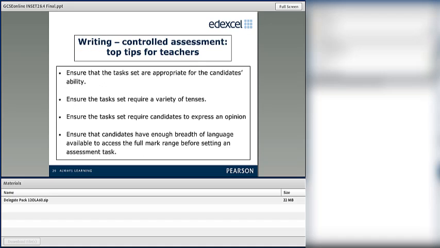And as I say, your bullet points will make sure that you cover the assessment requirements, so that the tasks are appropriate, and you can also vary them according to the candidate's ability. They make sure that they cover a variety of tenses. They make sure that they express an opinion. By the way, an opinion at GCSE means a simple opinion, just mi è piaciuto perché è divertente, non mi è piaciuto perché è noioso. This already constitutes an opinion, a basic one, but it's enough to tick the opinion box. Obviously, if they can express more complex ones, even better.